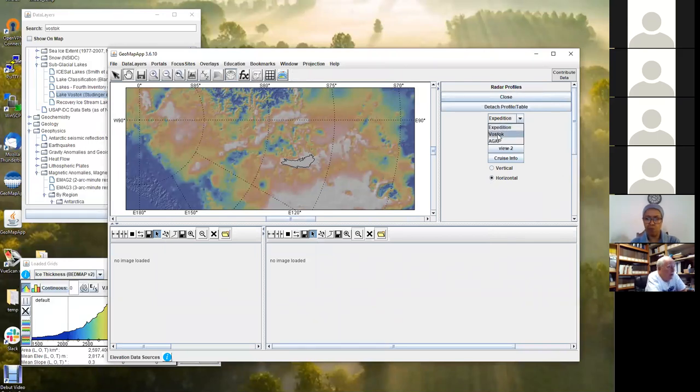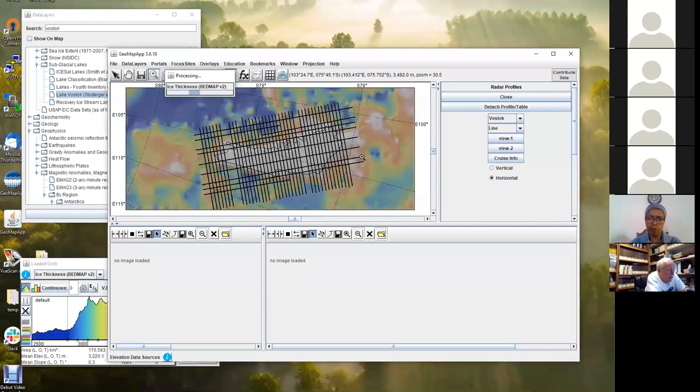So here we have the available data sets. So we want Vostok, and if we zoom in a bit more, you'll zoom into here. You can see the lake outline from Michael Studinger is in the background. The colors in the background are the ice thickness, and these black lines are the profiles for the ice penetrating radar. So if we click on one of these lines, let's say we choose this one, then we can load